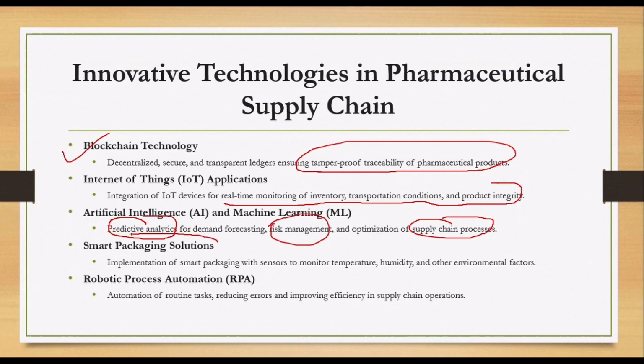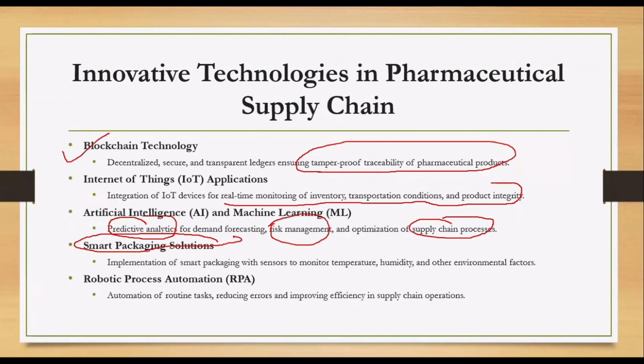And smart packaging solutions are also happening, because IoT devices and sensors monitor the temperature of the packing, the humidity and other environmental factors. Because when you are talking about green supply chains, what is a green supply chain, which is leading to sustainable supply chain development? How do you look at the climatic conditions, how do you minimize the waste, and how do you recycle the product? All these things are reuse, recycle and refuse. So this is very important.